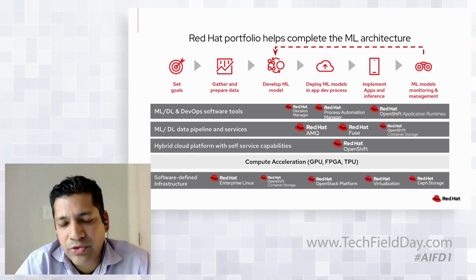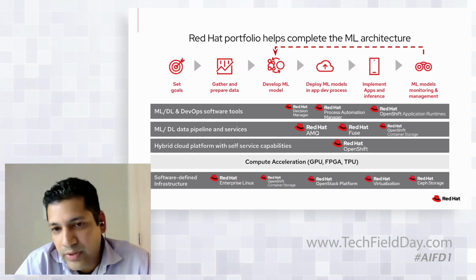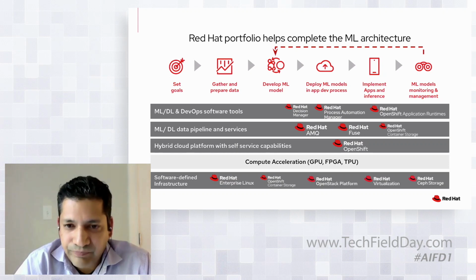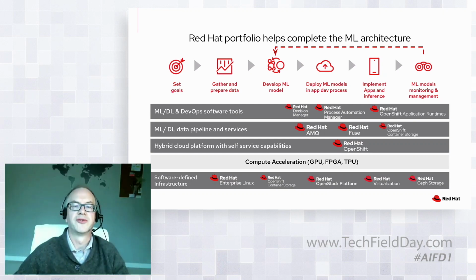And then on the top, what you see is, in terms of the capabilities to build the software, that's where we have the OpenShift application runtime. So think of it as Java as well as a few other things. And the latest one in there is Quarkus, the lightweight, Kubernetes-native Java. That's part of our portfolio as well, that can help build out the app that has the AI model built in, or be presented to it as an API.